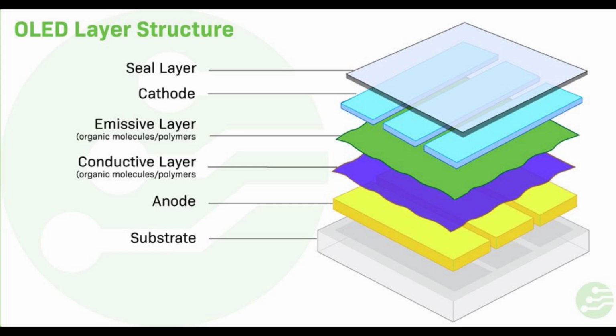The heavy metal atom at the center of these complexes exhibits strong spin-orbit coupling, facilitating intersystem crossing between singlet and triplet states. By using these phosphorescent materials, both singlet and triplet excitons will be able to decay radiatively, hence improving the internal quantum efficiency of the device compared to a standard OLED where only the singlet states will contribute to